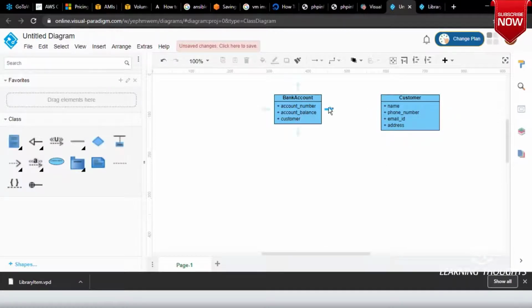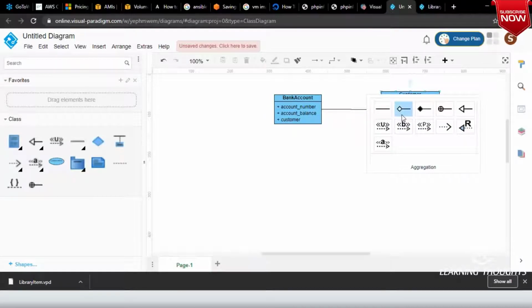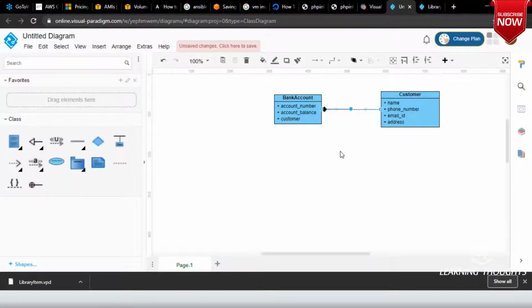Now, bank account. Okay, 1 minute, sir. Let me try to make both of them at the same level so that the arrows look good. Okay, so bank account will contain, right?